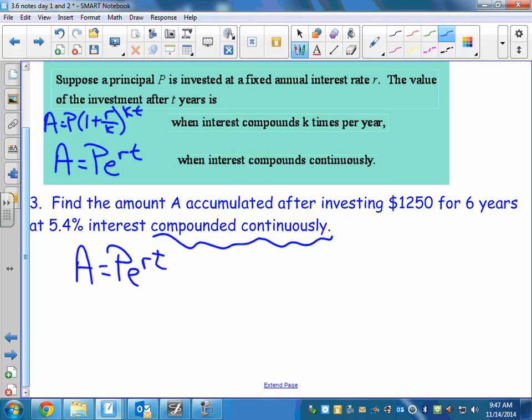So the R and the T are both in the exponent, so again, important that you do that correctly. And so this one we should have done the same problem again, so we could see how much money difference it is coming to. So that's right. 1250 e to the RT power. And so 5.4%, don't forget to make that a decimal. Move it back 2 places, so that's 0.054